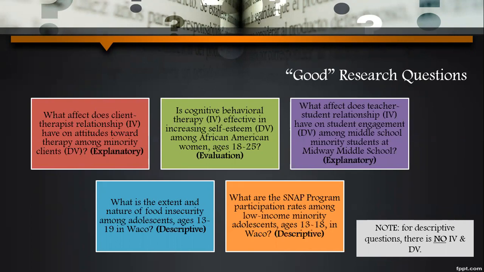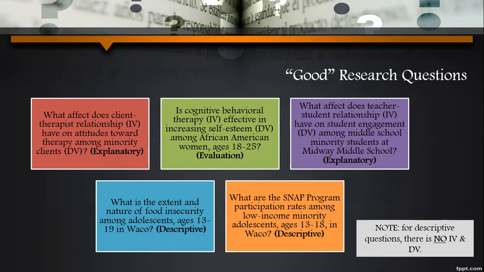Typically in a well-written research question, the independent variable will always come first in the question. And this signifies something, even though oftentimes when we are reading research studies, it's not necessarily explicit that the researcher is intentionally putting the independent variable first in the question, but within the research community, there is a